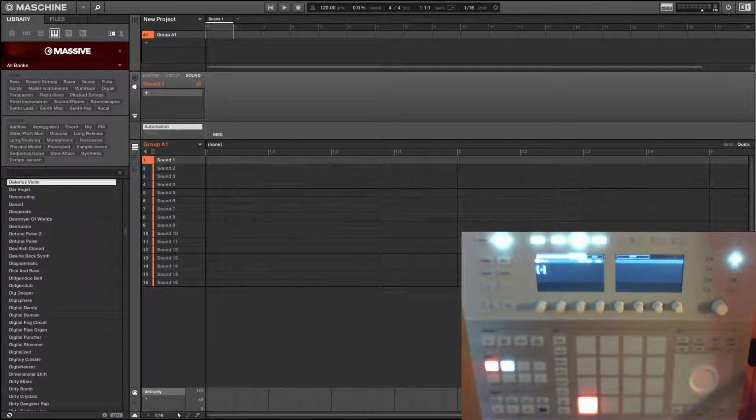The transport functions are disabled in the plugin. It's usually run by the host, and so really it's in the Machine application. It could be viewed as running as a VST, and the Machine application is just a wrapper around it that is running the VST and controlling the transport. So you have